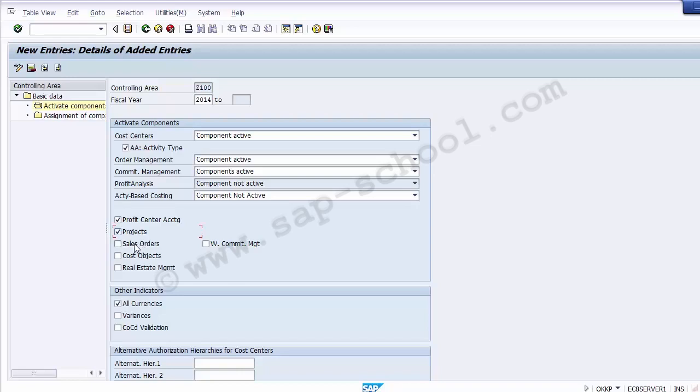The next one is the order, sales orders. If the organization is going for make to order production, then the settings become important to select the sales order. If you are not having any make to order production in your company, then you can leave this blank. But in case there is, then you have to activate this, as all the revenues and the cost will